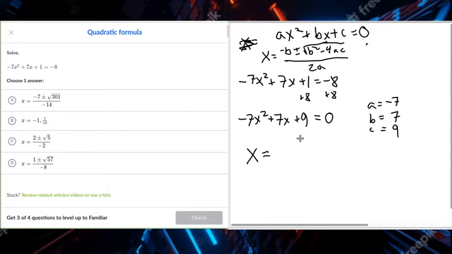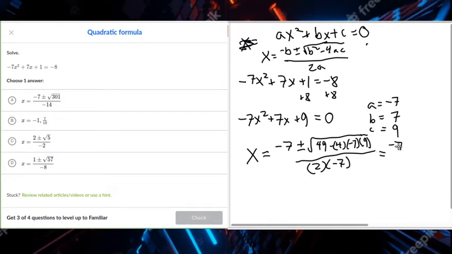So I'm going to start out: negative 7 plus or minus the square root of 7 squared, which is 49, minus 4 times negative 7 times 9, all over 2 times negative 7. Okay, so we're just going to put these out here. Negative 7 plus or minus the square root of, over here I have 49